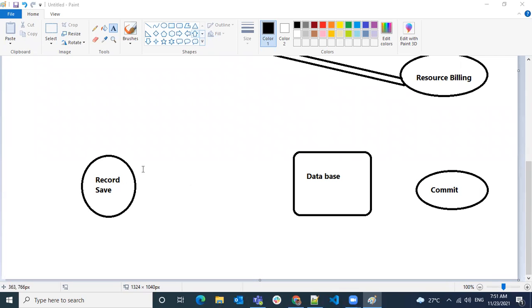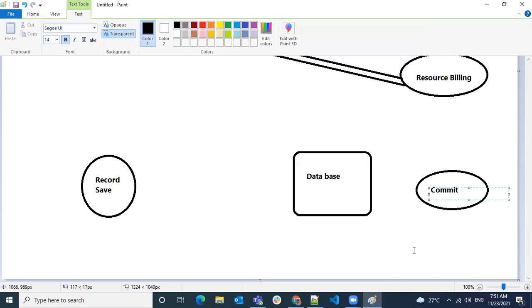Okay, so when the record saves to the database, what will happen was we have some logics. When there is a record change, you have workflows, process builders, and some custom logic that needs to be executed. Once all these logics are completed, if nothing has failed, then it will commit to the database.